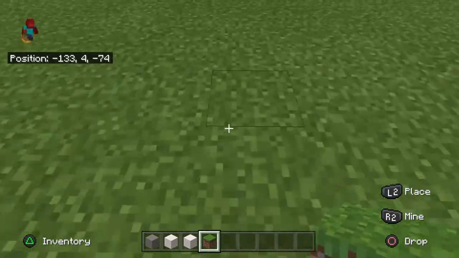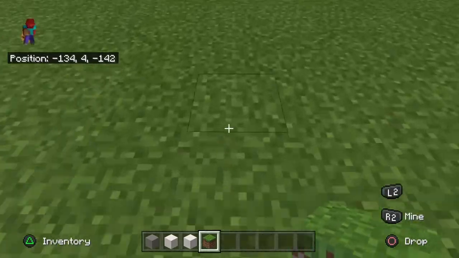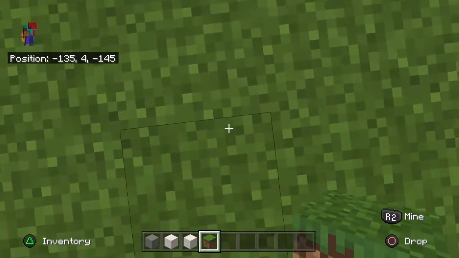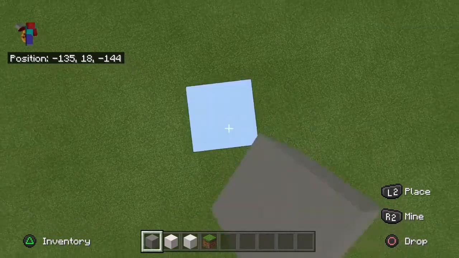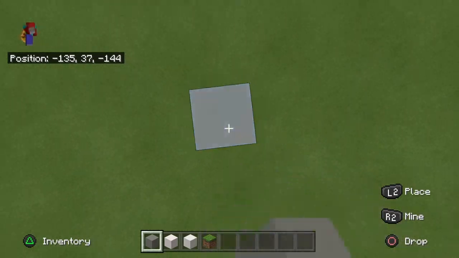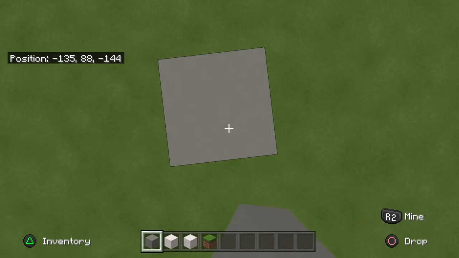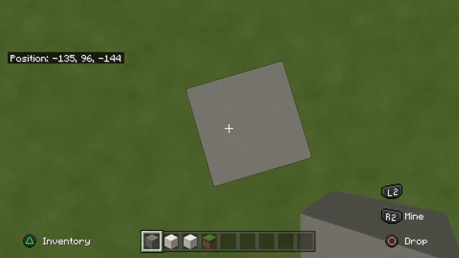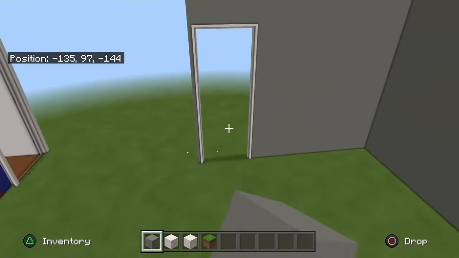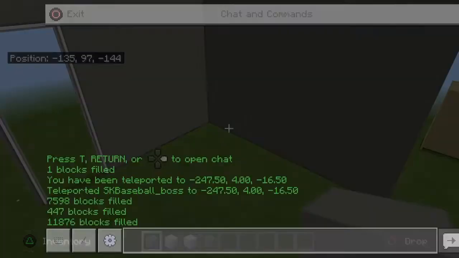go over here. Let me fly there. And from here, once you have two of the measurements, the length and the width of the room, the other side should be very easy. Let's see, should be at 97. So you're gonna get that coordinate, paste it in, and